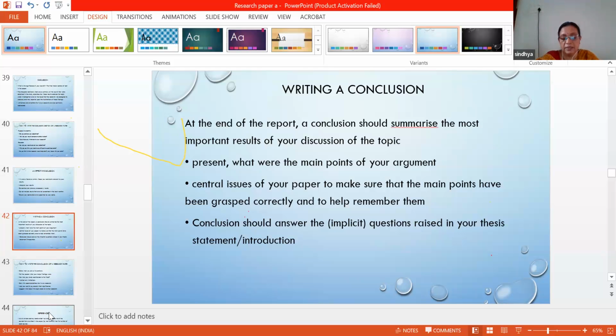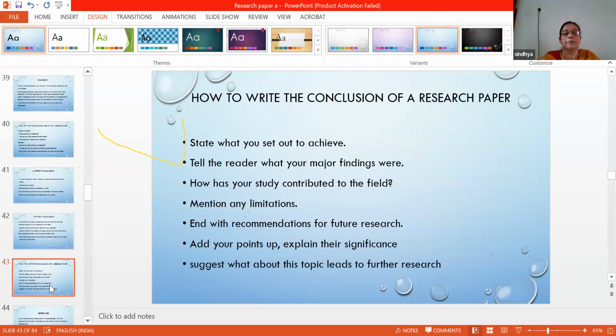So what is the question you raised? What is the argument you put forward? What is the point you have highlighted in your introductory part? Whether all these are achieved or satisfied through the research process, that is to be written as a conclusion in the conclusion section. And in the conclusion, state what you set out to achieve, tell the reader what your major findings are, how